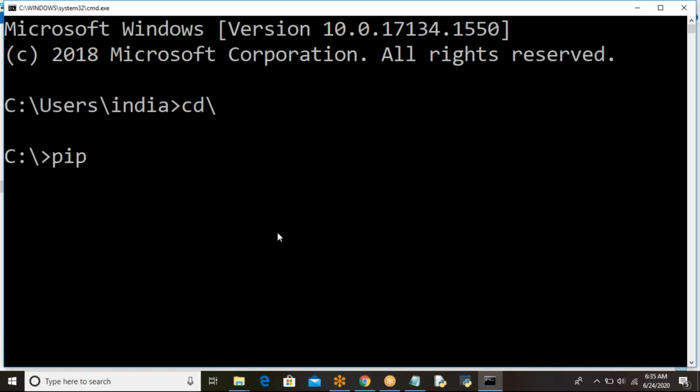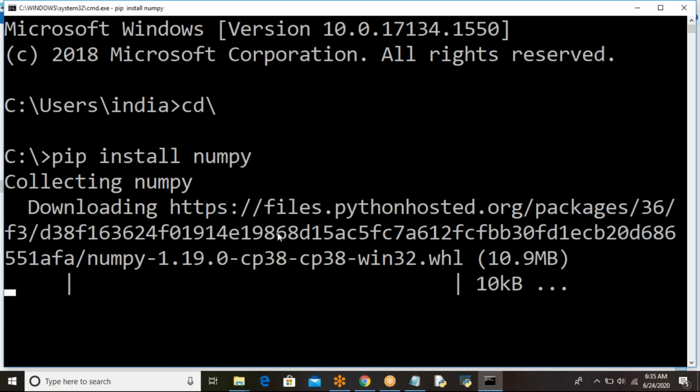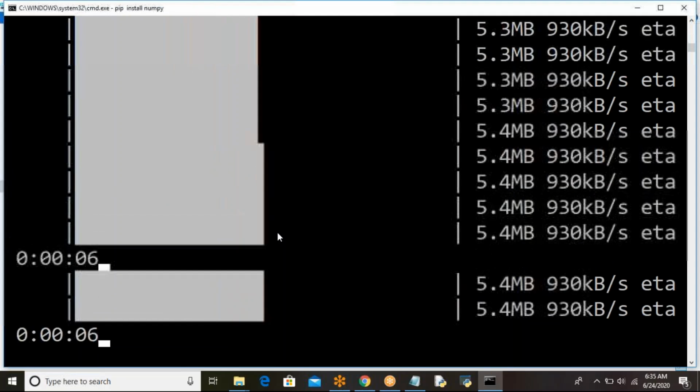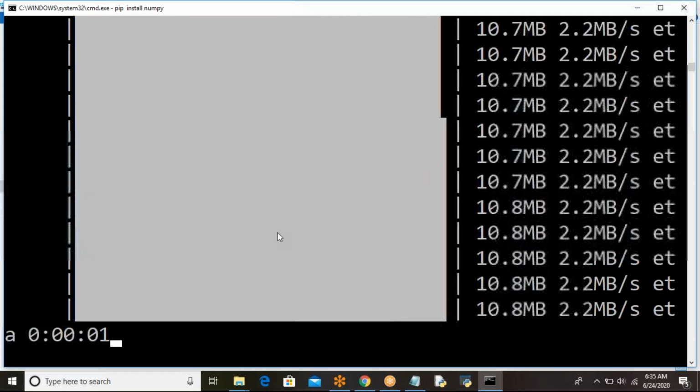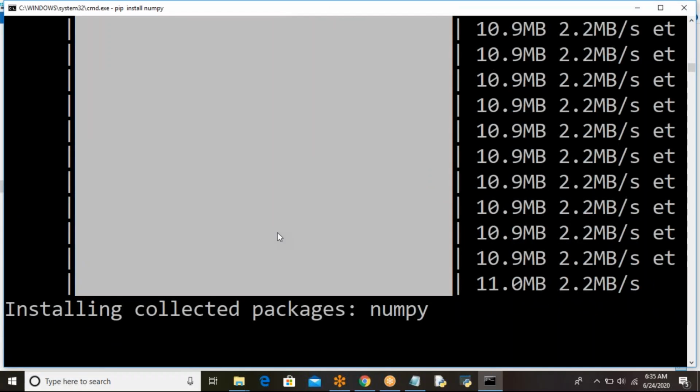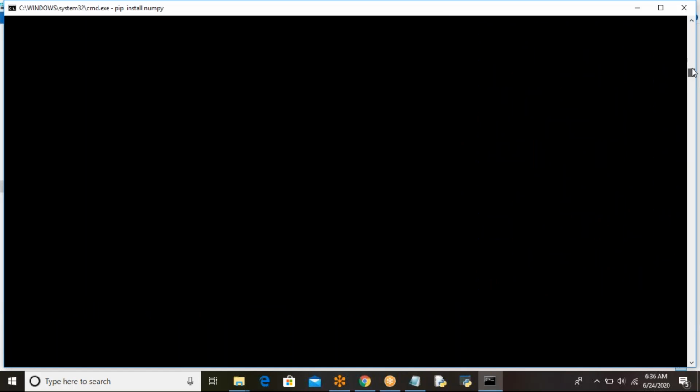Here you type pip space install space numpy. It will take another one minute to install.